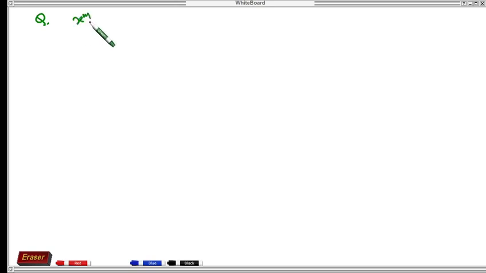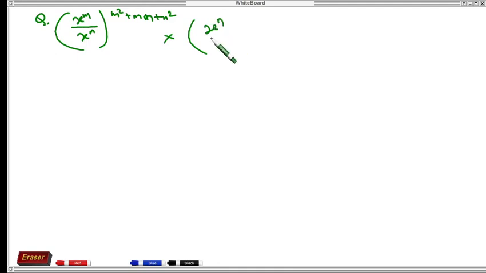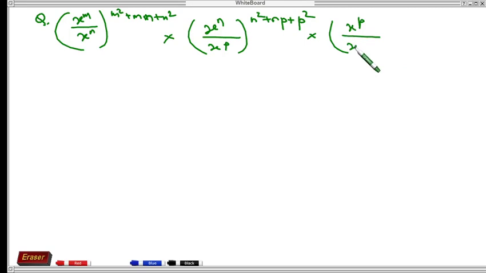(x^m / x^n) to the power m square plus mn plus n square, times (x^n / x^p) to the power n square plus np plus p square, times (x^p / x^m) to the power p square plus pm plus m square. Now the solution is,